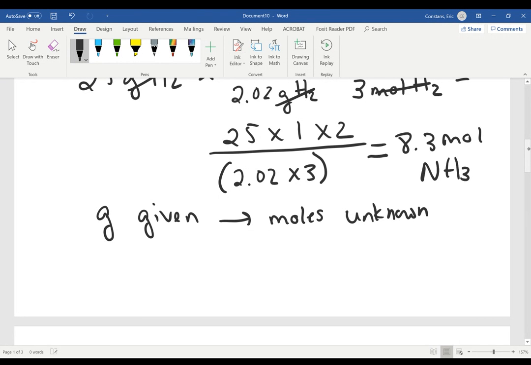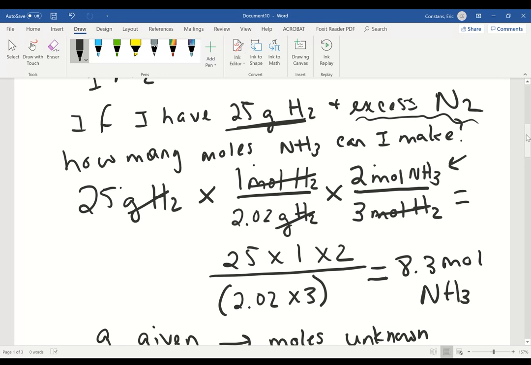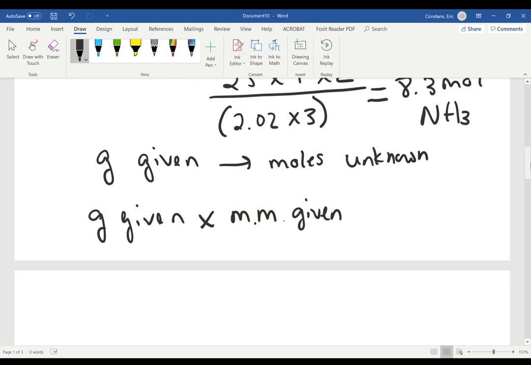first you have to start with your balanced equation, but once you have that, you're just going to set it up like this: grams given times the molar mass of the given. But again, remember, if you look at it, it's going to be reversed. You're going to have the grams on the bottom now and 1 mole on the top. That's still the molar mass, it's just flipped. And then times the mole ratio. And that's how you do a gram